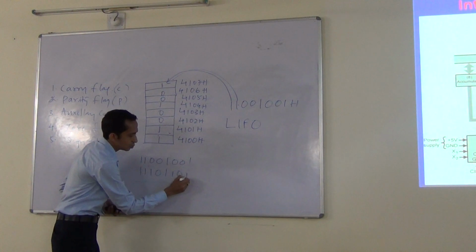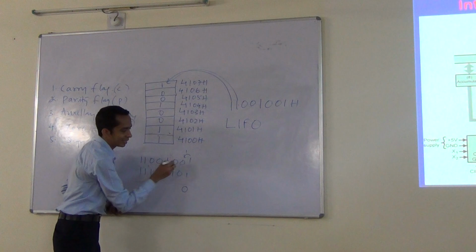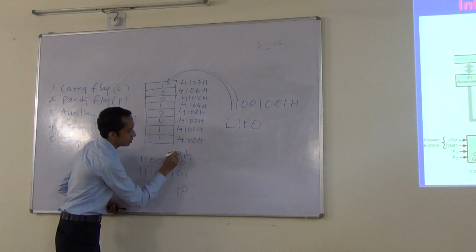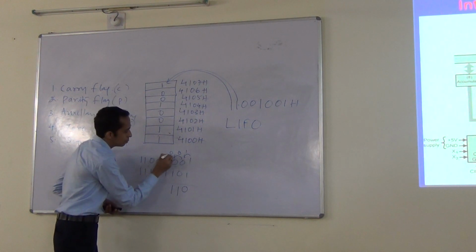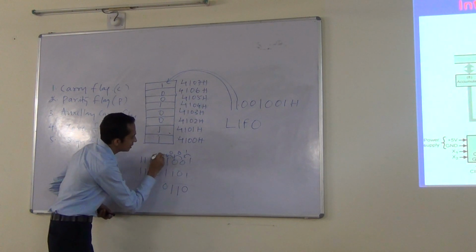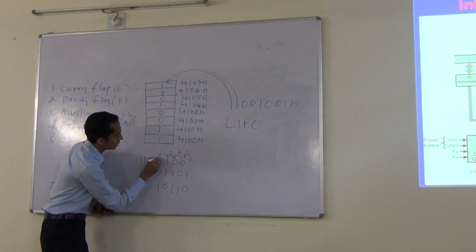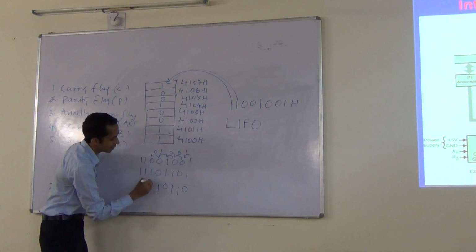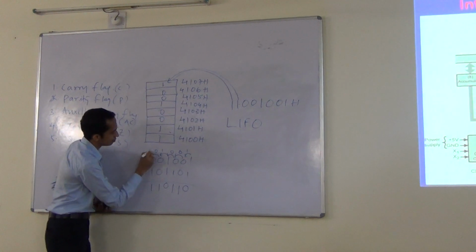So when this 1 is added to this 1, 0 is written and 1 goes to the next stage as a carry. 1 plus 0 is 1, carry is 0. 0 plus 0 plus 1 is 1, carry is 0. 0 plus 1 plus 1, how much? 1 0. From 1 0, 0 is written and the carry goes to the next stage. 1 plus 0 plus 0, 1 is written and carry is 0. 0 plus 0 plus 1, the result is 1, carry is 0.